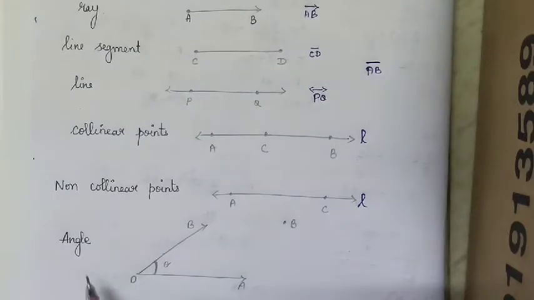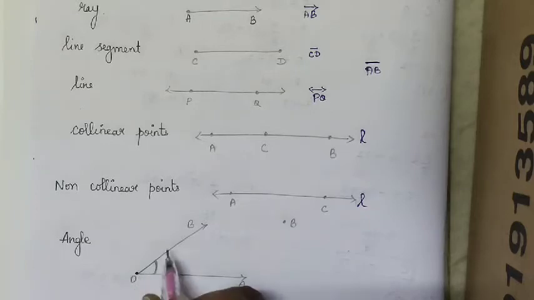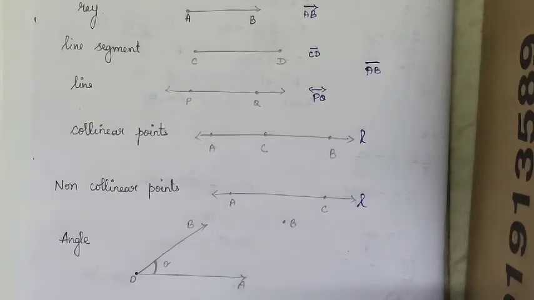The next one is angle. Angle means two rays will be there and a common point is there. The two rays start from the common point O, and in between that an angle forms here, that is the angle theta. The originating point is the same for these two rays, and in between these two the gap is called the angle here. The angle is formed between the two rays originated from the same end point.